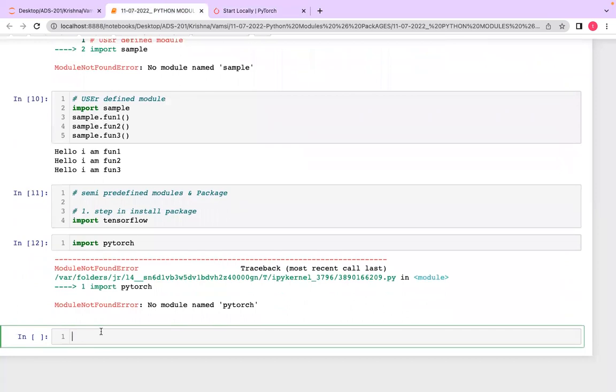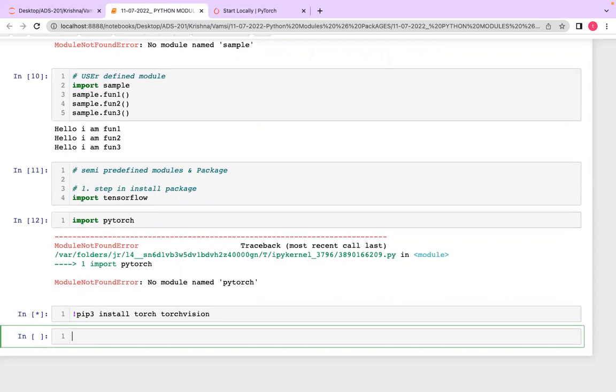So in Jupyter itself, we can run it, so we can use this command. It can be installed. Okay.